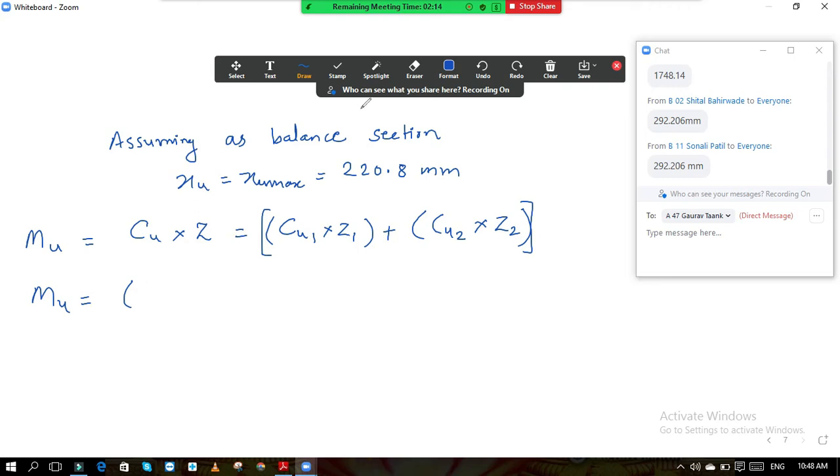So for the Cu1, I will write the formula first: 0.36 FCK B into XU max. You need to take XU max. In bracket D minus 0.42 XU max. This is your Cu1 and Z1 plus